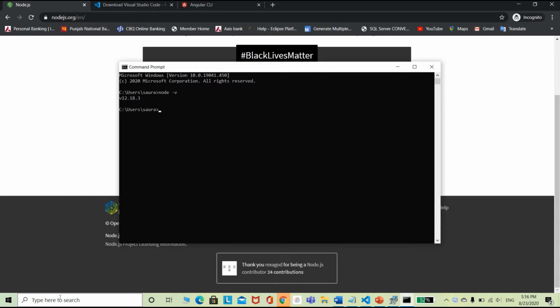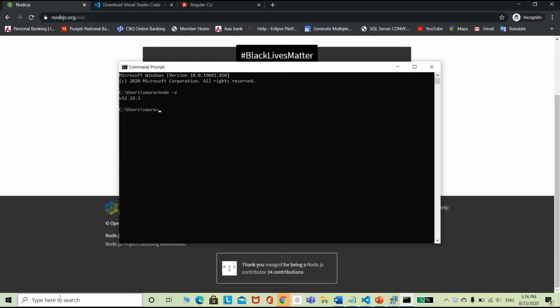What you see on the screen is the version of Node that is installed in your system. If you are getting any output other than a version, just go and uninstall Node, reinstall Node and check once again. So this shows that Node has been installed properly in my system.